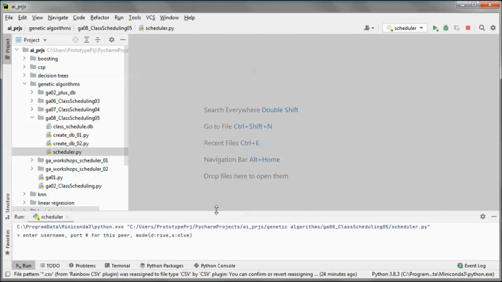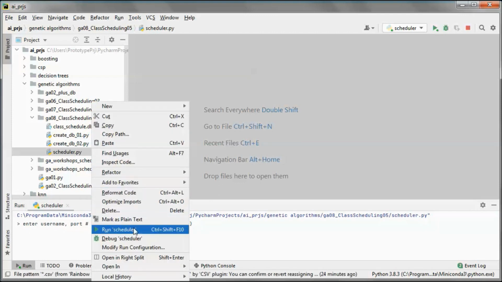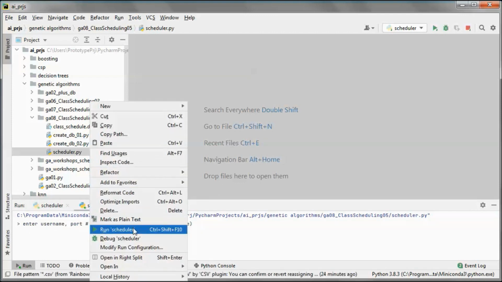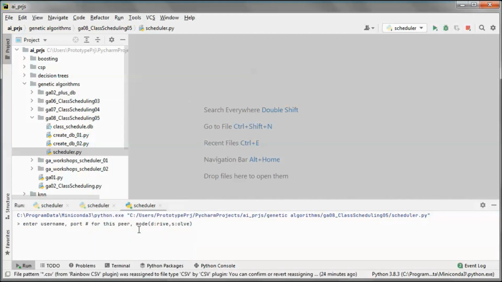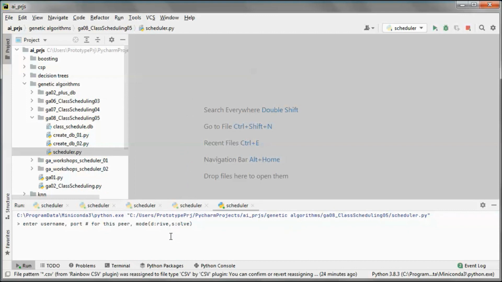run this scheduler. So we'll have five peers. One of them will be the driver peer, and the other will try to find a schedule with zero conflicts.